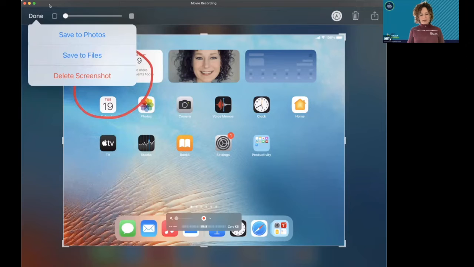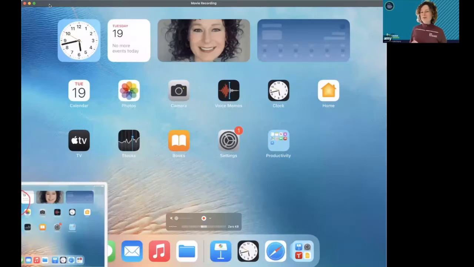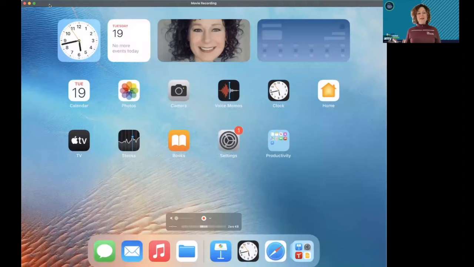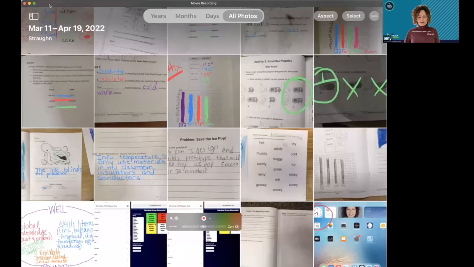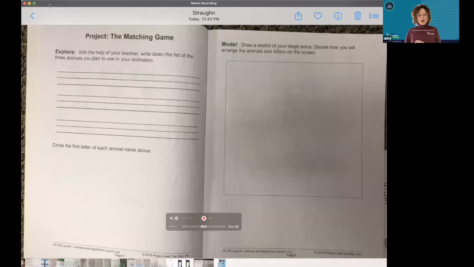I love having that option of just being able, there we go, to move forward. Now, doing a photo is very similar, except you're not going to take the screenshot to get the photo. You actually want to annotate a photo you've already taken. So let's go into my photos here. Oh my goodness gracious. And take a look. Oh my goodness, here's my little project lead the way launch log that I sometimes take a picture of, and